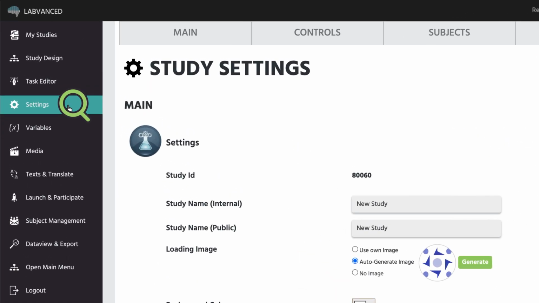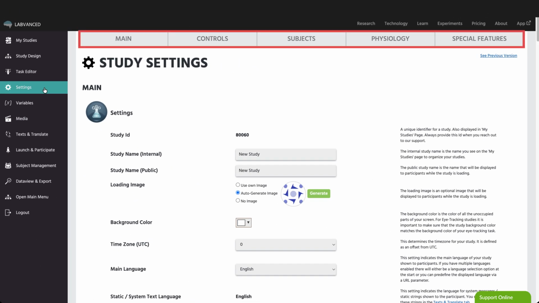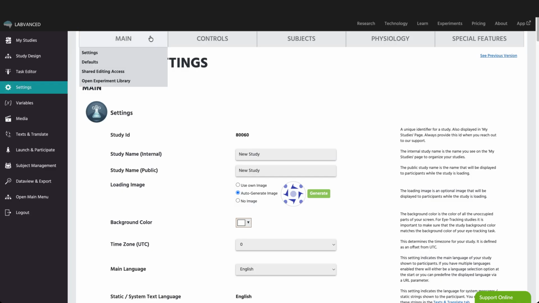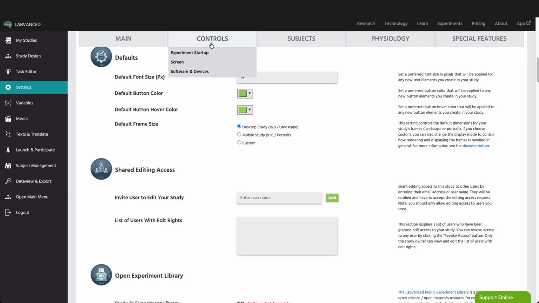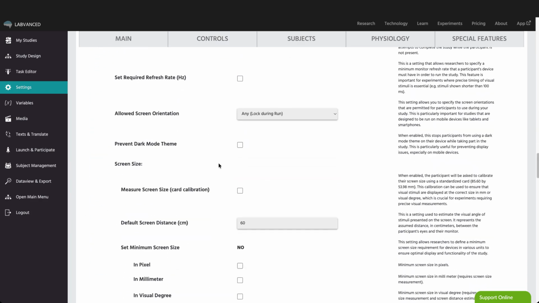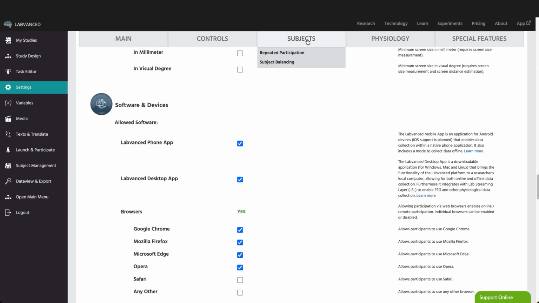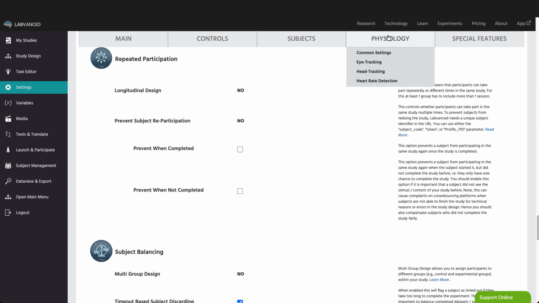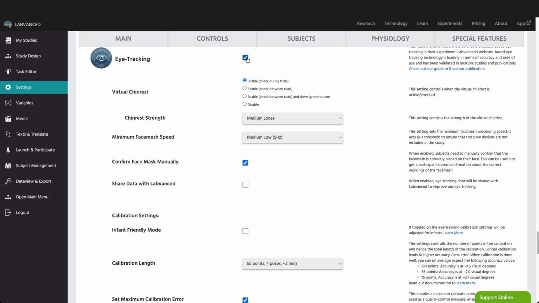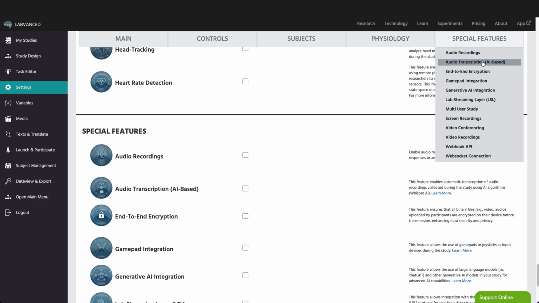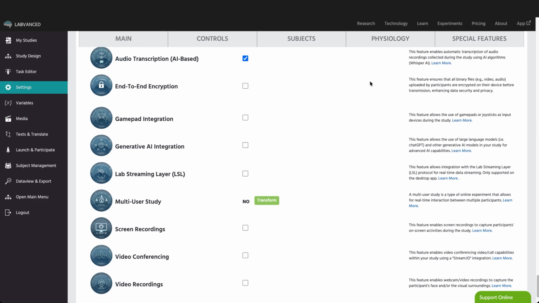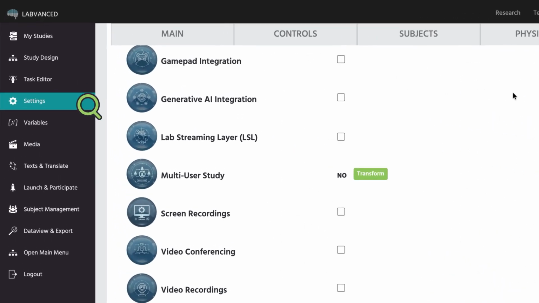The Settings tab controls how your study behaves. Here you specify and control nearly all global aspects of your study, such as main settings and defaults, controls for the screen and devices, subject participation, physiology, like eye tracking calibration settings, special features. There are a lot of options under the Settings tab, so spend a few minutes when you get a chance